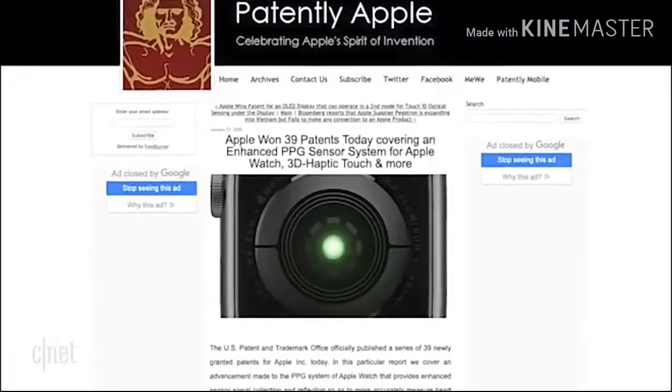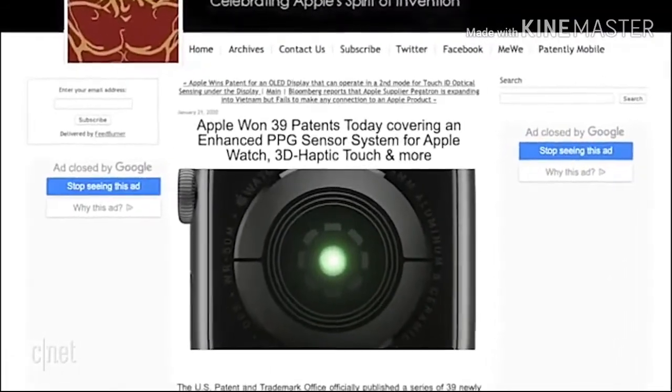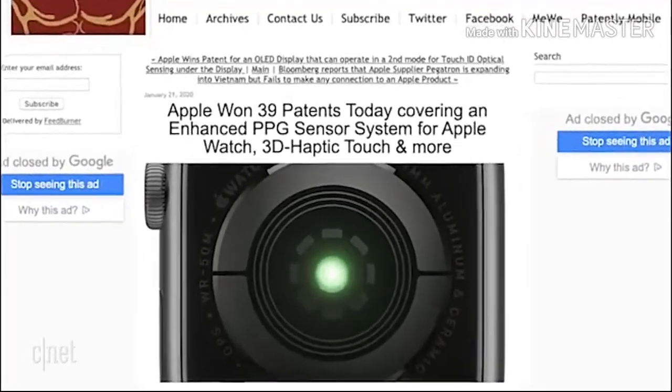Another patent granted to Apple this week includes an enhanced PPG sensor for the Apple Watch. That's used to measure heart rate, blood oxygen saturation, and so on. This comes a week after Fitbit finally turned